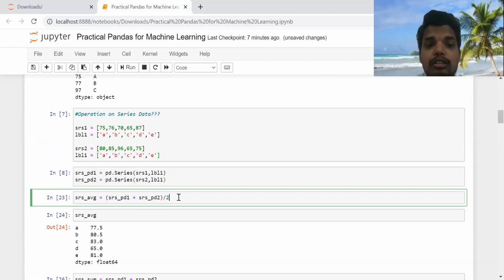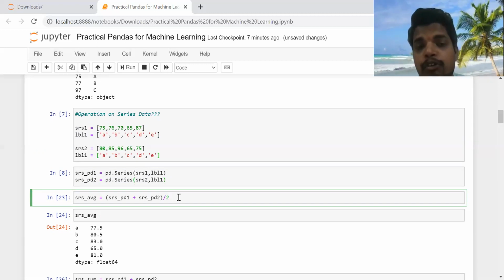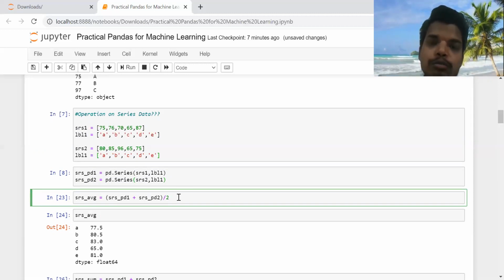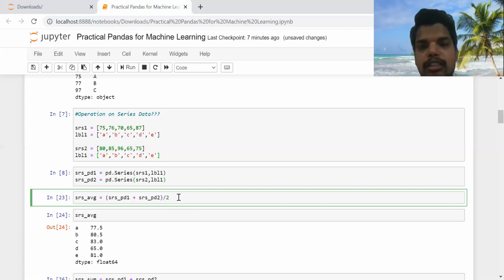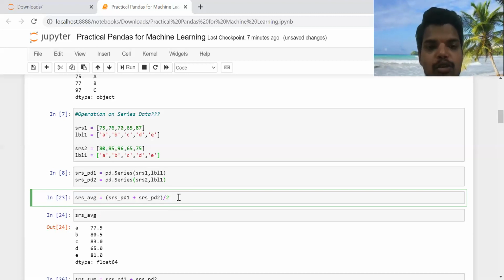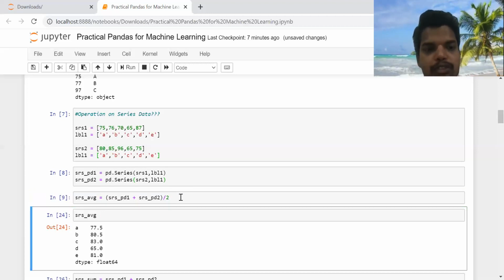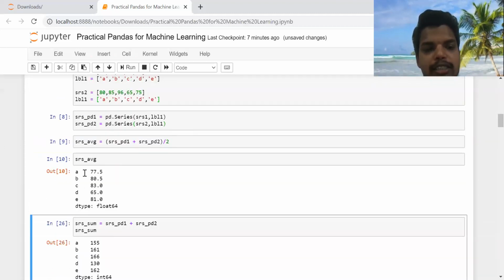Okay, and now we are going to calculate the average of both the sections per class. That means for class A, B, C, D, E, what is the average marks for both the sections. So this is this plus this divided by 2. If you do a shift enter and print the average, you can see for class A it is 77.5, for B it is 80.5.